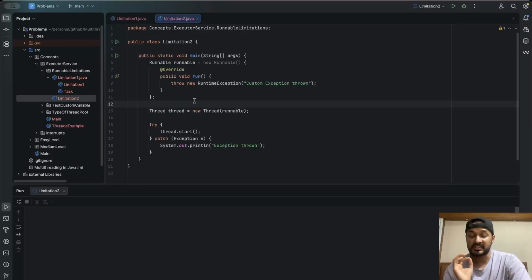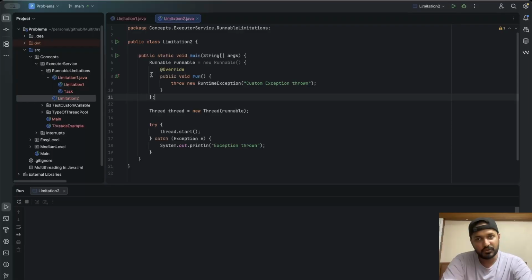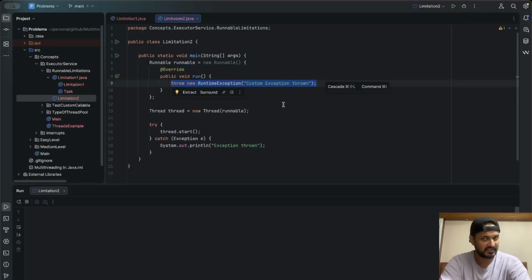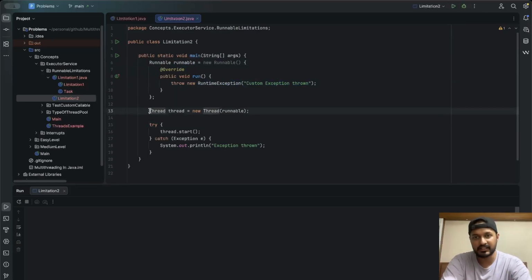Correct? Now the second limitation with Runnable is that exceptions cannot be caught by the caller. What do I mean by this? Right? So consider this example where I have a Runnable and inside the run method, I have simply thrown an exception, correct? So I have passed that Runnable in a constructor and I have called thread.start.